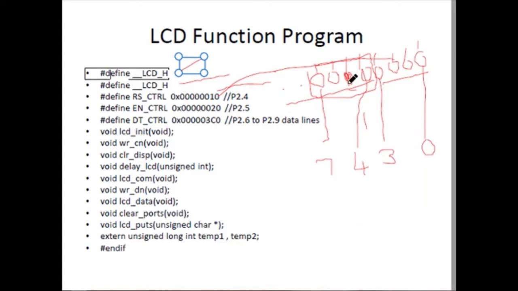So this turns out to be the value C, that is 8 and 4. If these values, bit number 6 and 7, are 1 1, and next 8 and 9 are also 1 1, and before this we have 0 0. So this value turns out to be 3C.